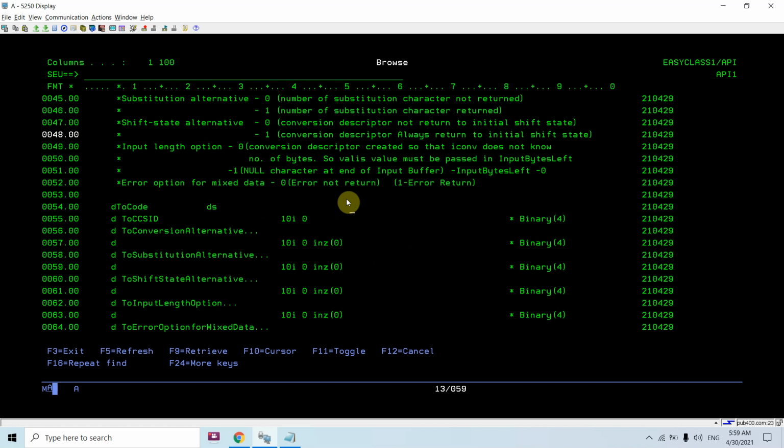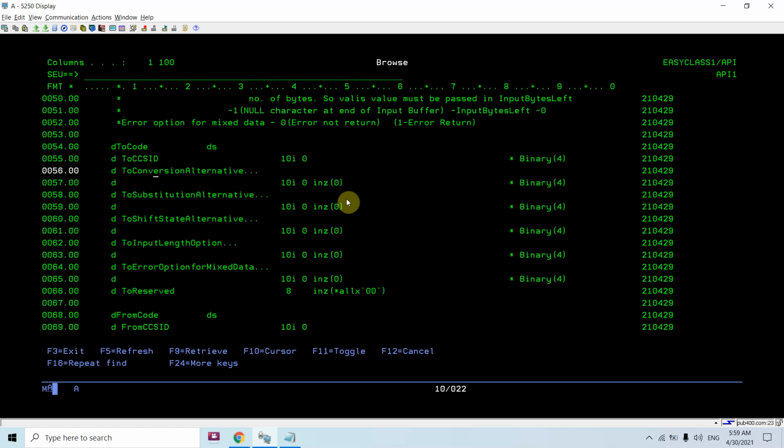You can see to CCSID, which is binary 4, defined as 10I0 in the RPG, to conversion alternative, to substitute alternative, to shift state alternative, to input length option, to error option for mixed data, and to reserved. To reserved will be all hexadecimal zeros, and here you can see I have initialized them with 0.